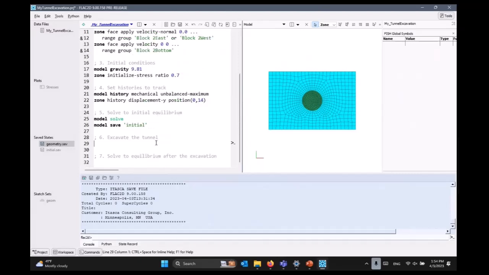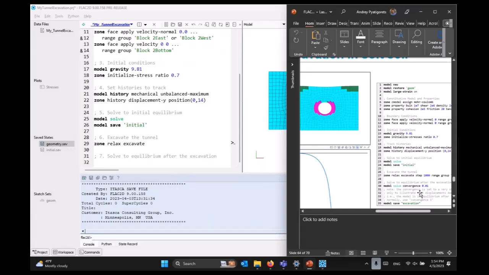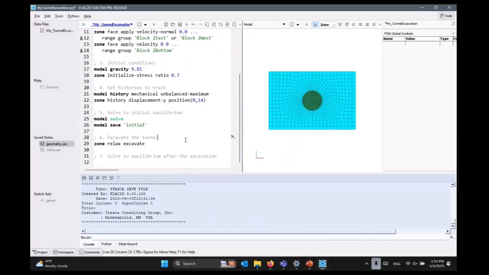So now we excavate the tunnel, and for that there is the zone relax excavate command. And let's see if I used any parameters there. Step, yeah. So I used the step parameter here with 1,000, meaning that I will excavate gradually over the next 1,000 steps,